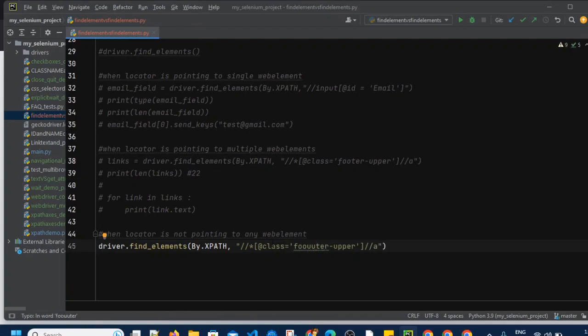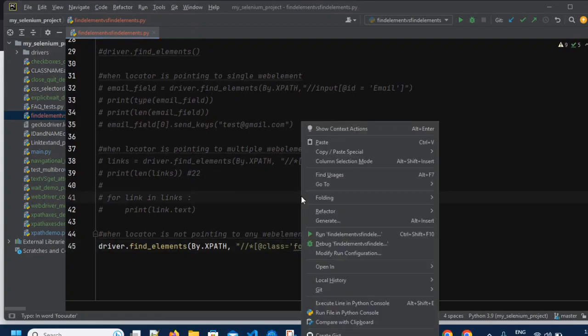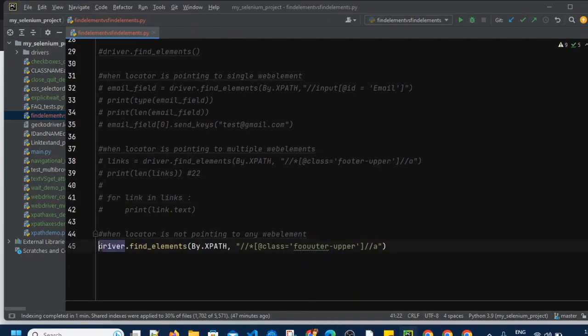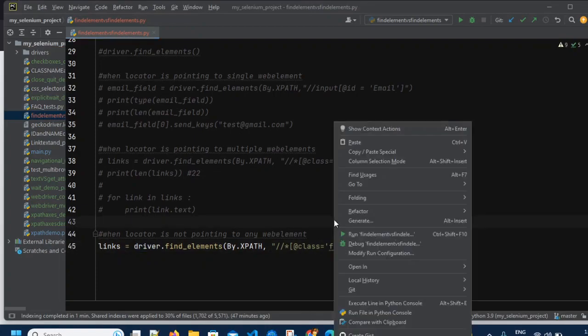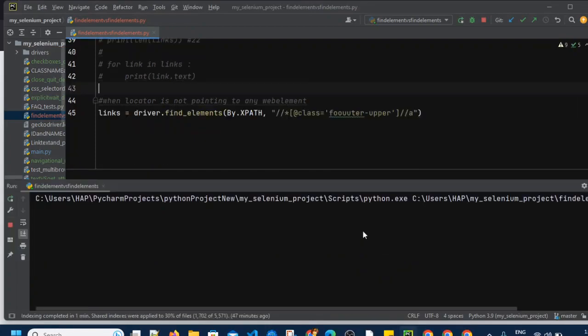So it will not find any element, but will it throw the exception or not, that we will check. Or we can simply store this in links equals to this one. So it should return an empty list, because the locator is incorrect. It will not throw the exception this time.